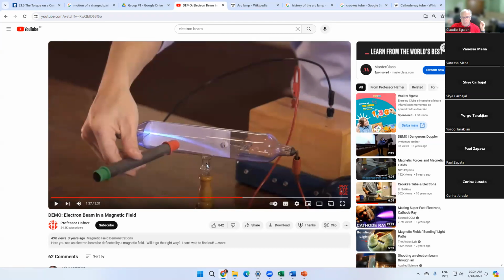Okay, and then you can do the right-hand rule here. Don't forget, this is a negative electric charge. You have the velocity vector from the left to the right. Let's say this one is positive, right? We have to cross the V with the B. We are getting V cross B upwards, but because this beam is negative, the direction of the force is downwards. That's why it's deflecting downwards.